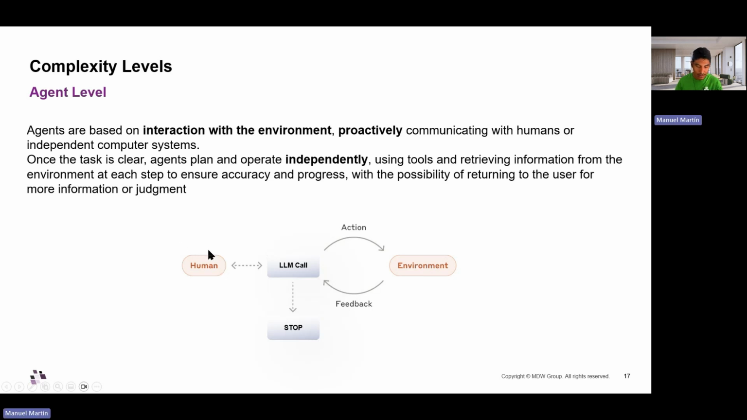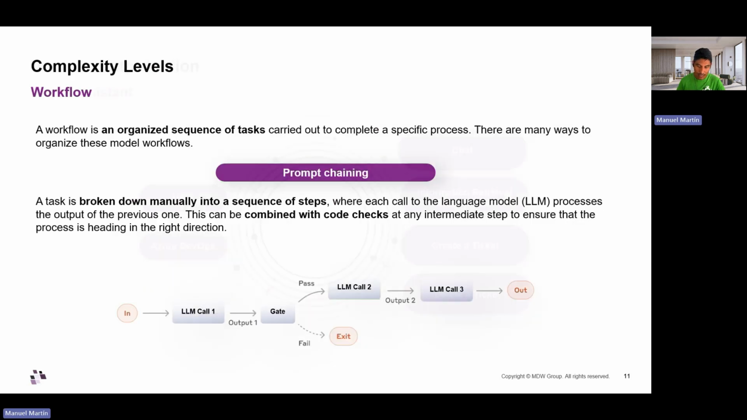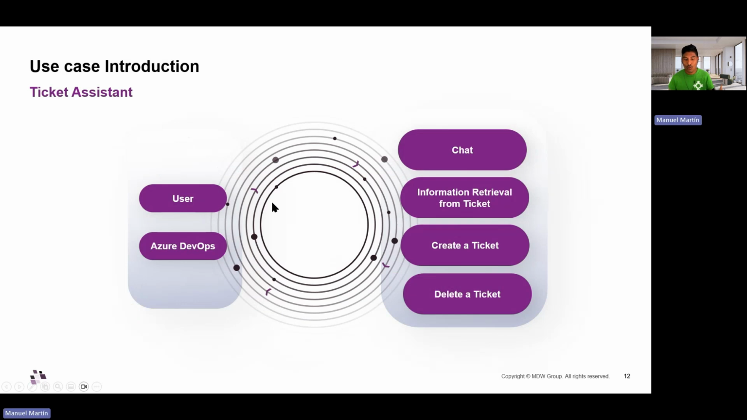In fact, it is not required that a human is the input of our agent on the left side. For that reason, when I put the use case here, the input could be not just the user, but the Azure DevOps. We are defining our ticket assistant for the user, which we can use for chat, information retrieval, and creating and deleting tickets. But if we have an open mind and vision of this ticket assistant, we can generate new workflows or new capabilities for our agent system, so that this agent is listening to the Azure DevOps at any time, and if a new ticket is created and uploaded to our Azure DevOps, the agent, for example, could find similar tickets